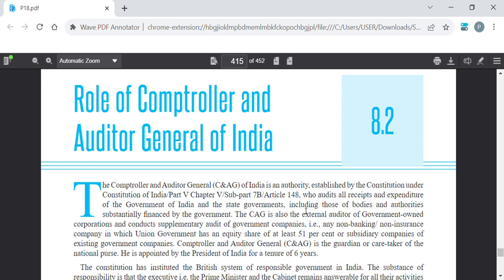So if I say a non-banking company, then in that non-banking company the equity share of government holding should be 51%. Then in that case, it will be regarded as a government company, and of that company,